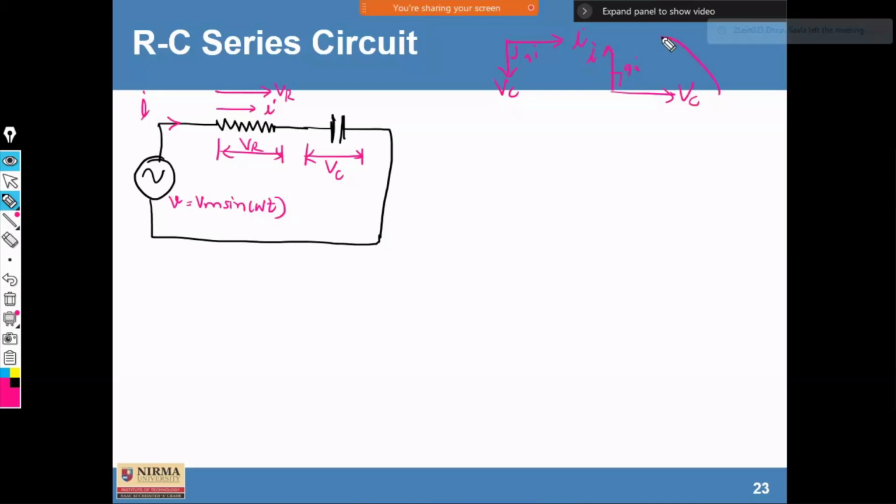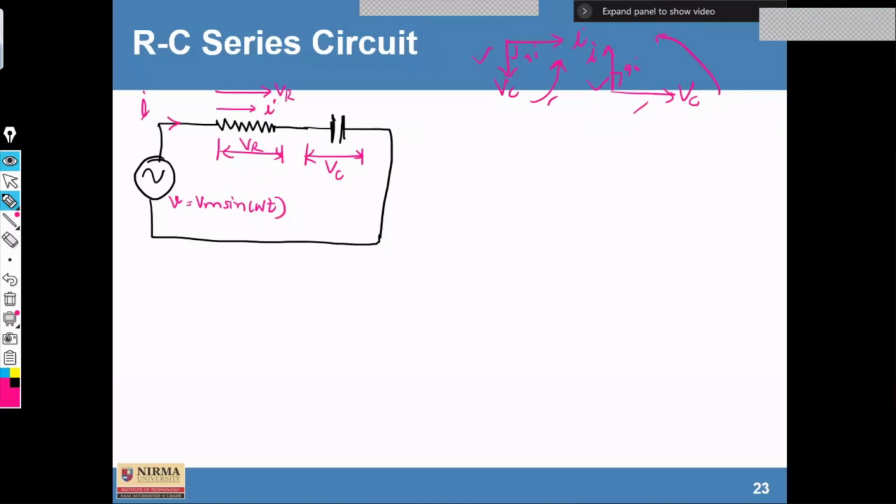Ultimately, in the anticlockwise direction, in both cases, the current is a leading quantity. If you refer to different books, you will find these vector representations on the top of the circuit, but the meaning is the same. The amount of current flowing through an RC series or only a capacitor circuit always leads by 90 degrees.